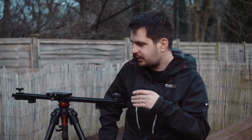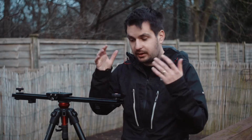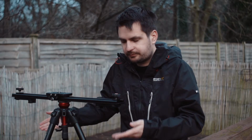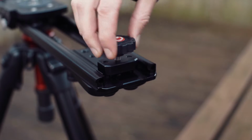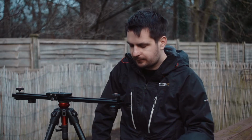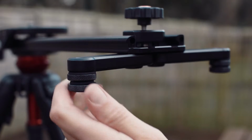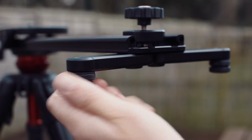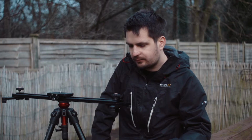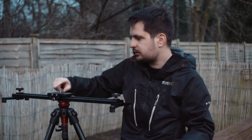So what do I mean by put it on the ground? It might not be obvious, but it already has feet built into it which are tucked away, and as soon as I want them, I just undo that knob. They come out in a nice way like that. And if it's an uneven terrain, there is further adjustment on each of the feet, so you can get the balance perfectly. And a good way to figure out if the level is good is to look at the bubble level,